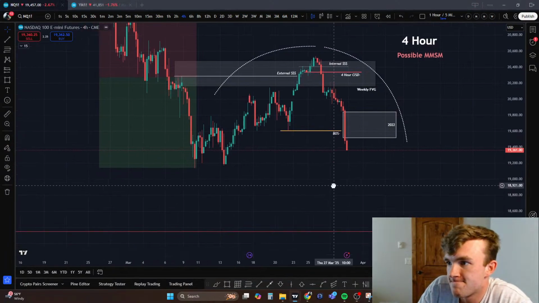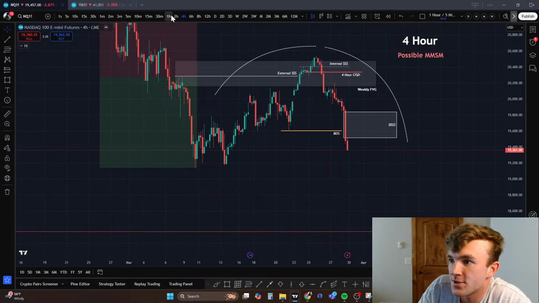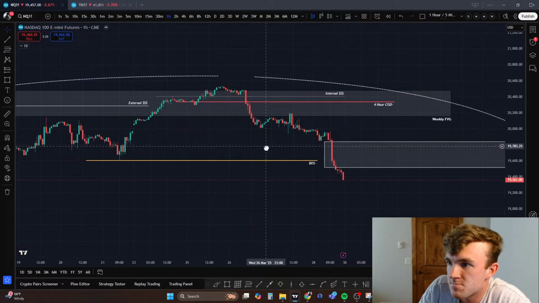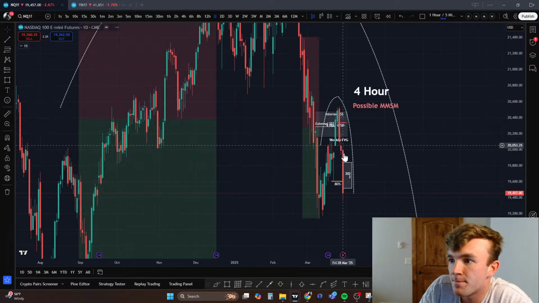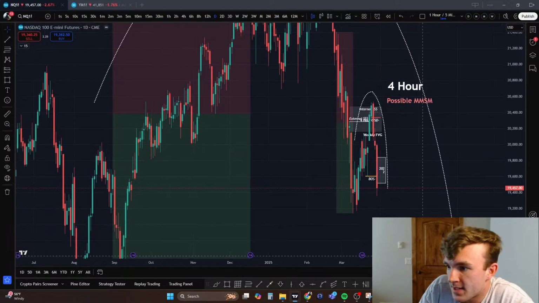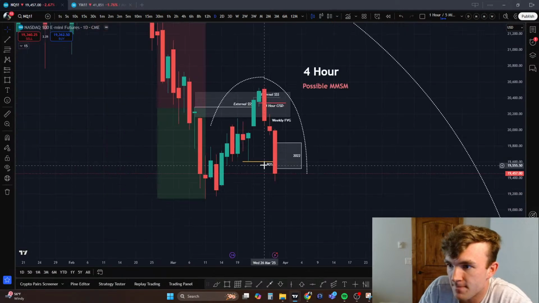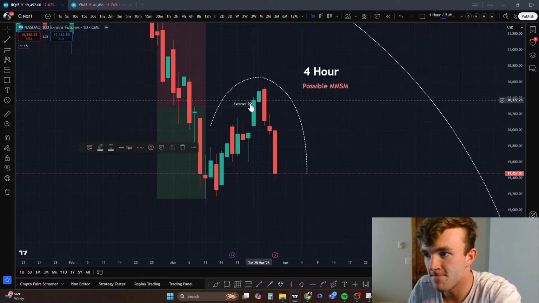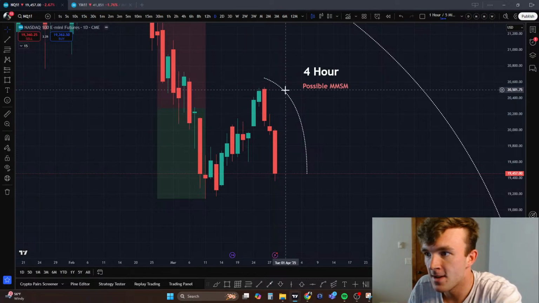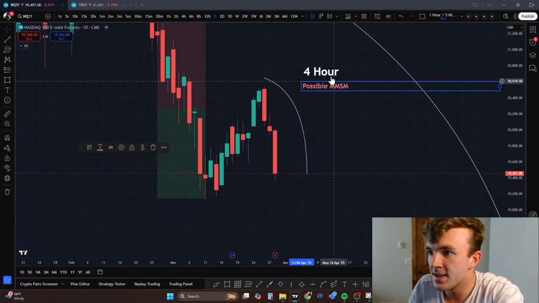So let's jump down to the lower time frame here. So the next one down is hourly. The hourly is interesting, because let's get rid of this on the 4 hour now. We don't really need this anymore. We know that weekly gap's there. So the hourly,